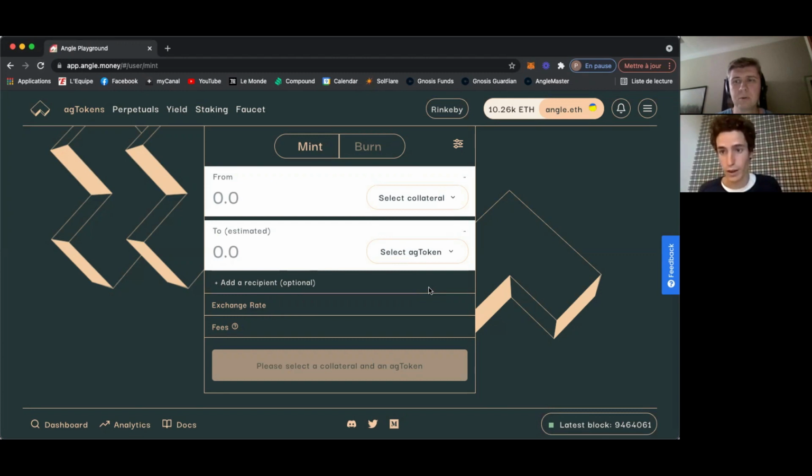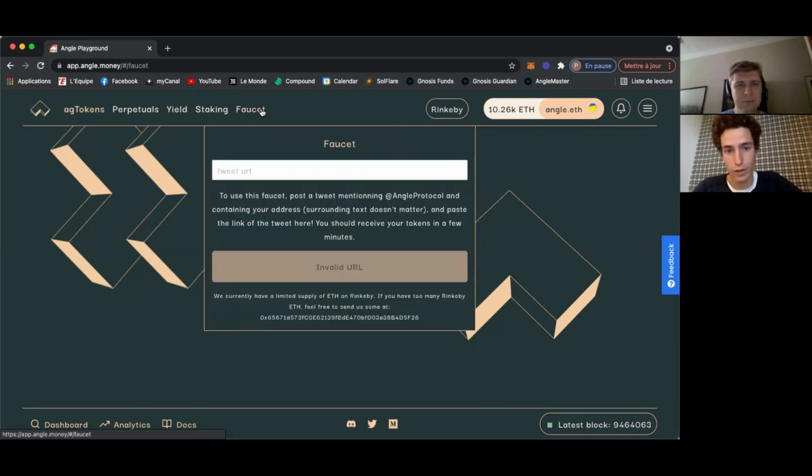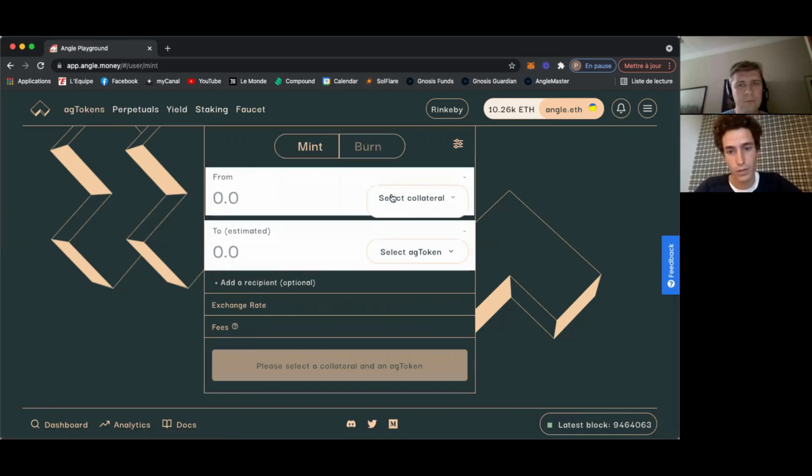So if you want, I can do a small demo of the platform. Yeah, it will be great, a small demo. So again, this platform just works on Rinkeby, the Ethereum testnet. We have built a faucet for people to get Rinkeby tokens, to access Rinkeby wrapped Bitcoin, DAI, USDC. So the way it works,